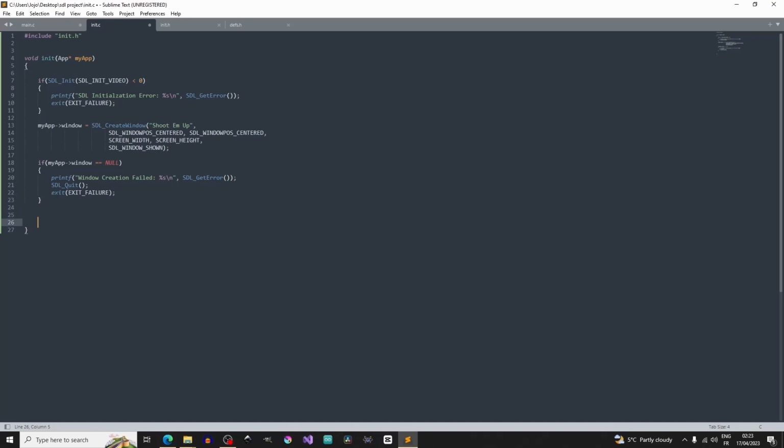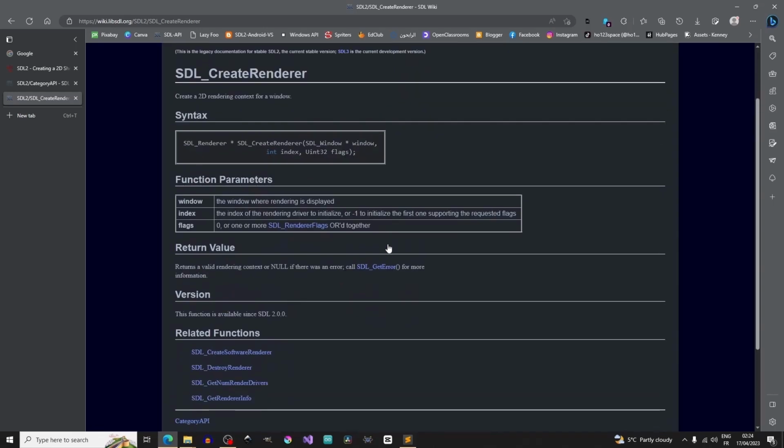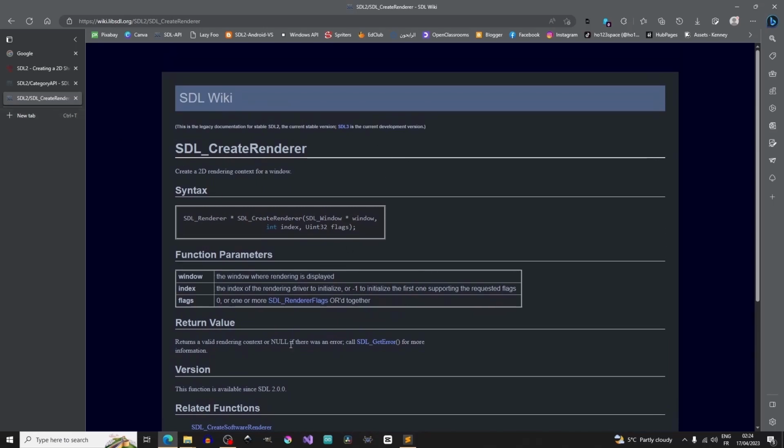And if the window is created successfully, let's go and create a render by calling SDL create render, and we can go and read about this function. It creates a 2D rendering context for our window. It takes as parameters an SDL window pointer, an index and flags, and it will return the SDL render pointer. It's the same as SDL create window. Let's come back to our program